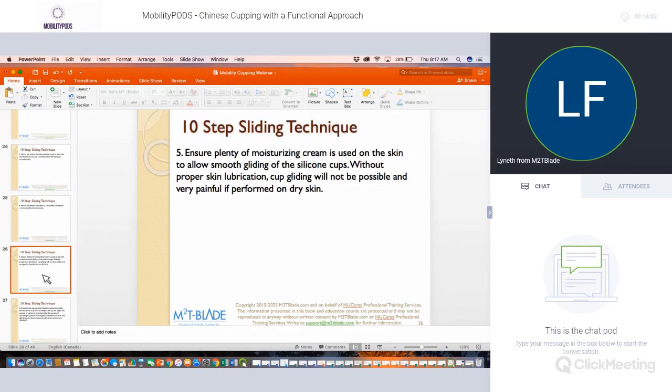Ensure plenty of moisturizing cream is used on the skin to allow smooth gliding of the silicone cups. Without proper skin lubrication, cup gliding will not be possible and very painful if performed on dry skin. So in our clinics or in our courses, we always recommend a little bit of cocoa butter. So apply a little bit of cocoa butter to the area before you work on the actual